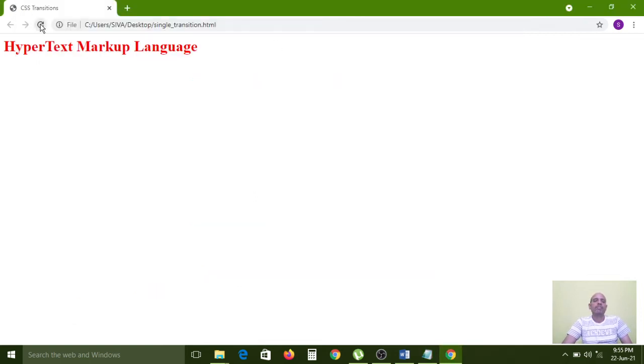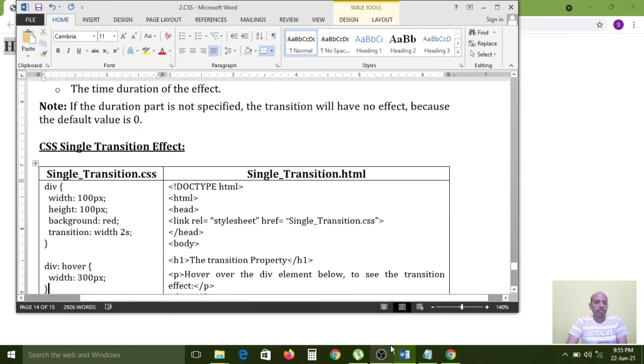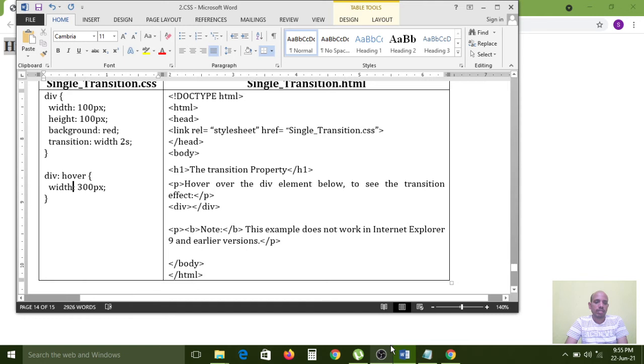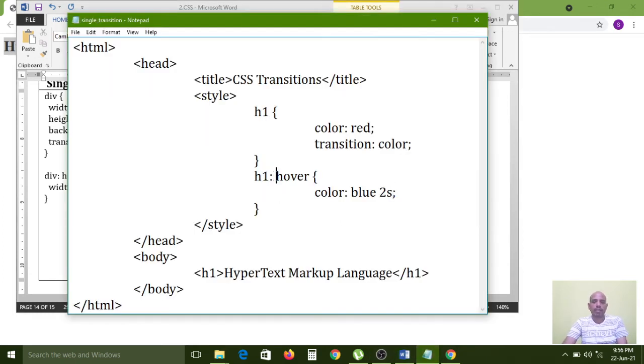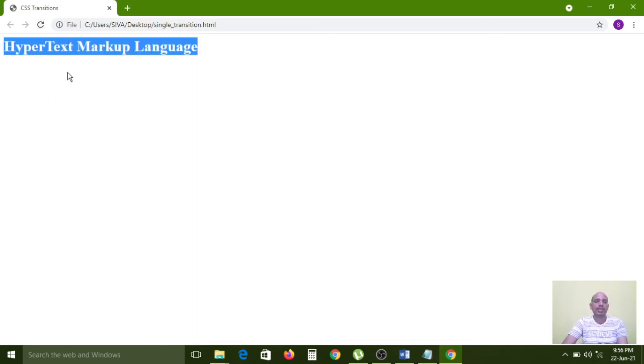Now I am refreshing the page. Carefully observe, my mouse is pointing on that. It is also not applied. So again we have to see background, right? Div color with 3 pixels. Carefully observe, here space is also required. Syntactically space is also required. Now I am going to refresh the page. Now I am moving on the text. It is also not applying.